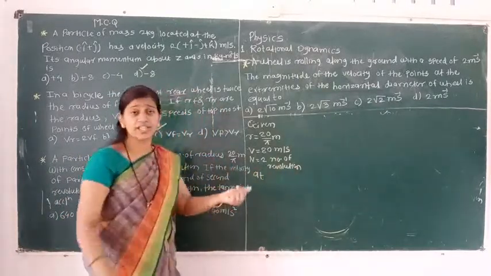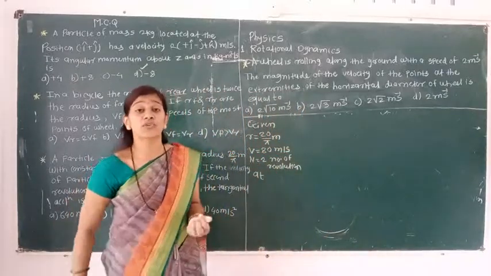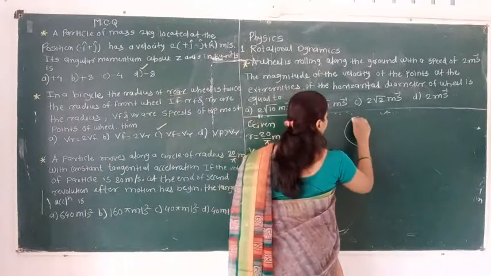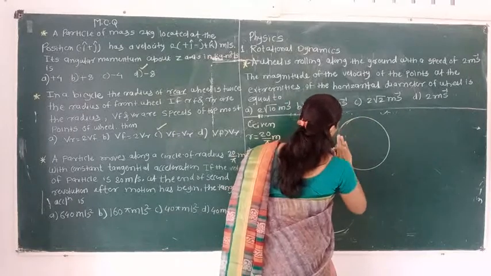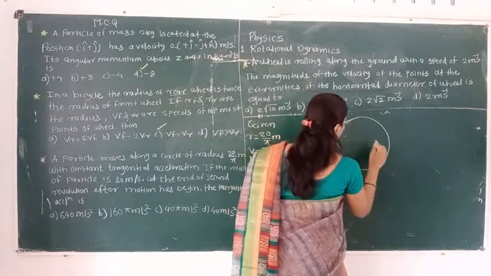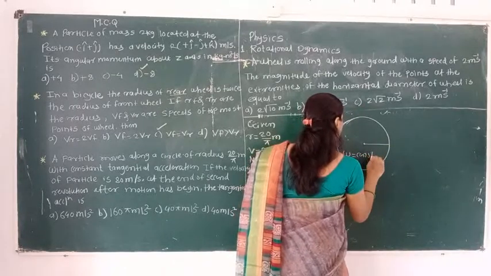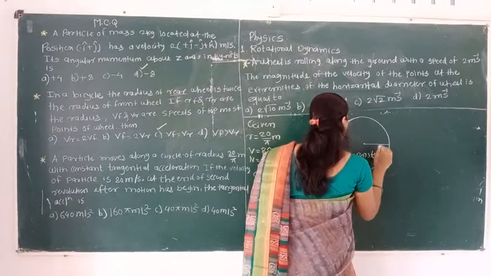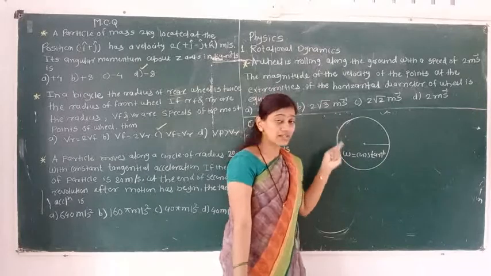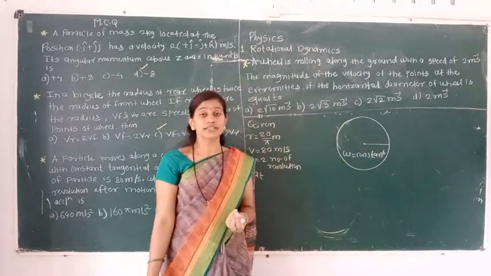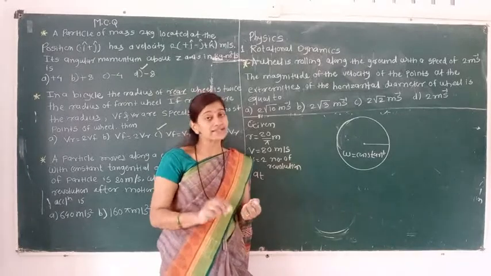Let me see some of the theoretical part. We know tangential acceleration comes from non-uniform circular motion. If UCM, uniform circular motion, is there, omega remains constant and velocity remains constant. When a particle revolves along the circumference of a circle with a constant velocity, this is uniform circular motion. In uniform circular motion, the acceleration is present there.